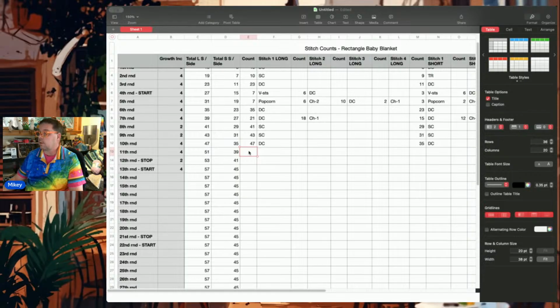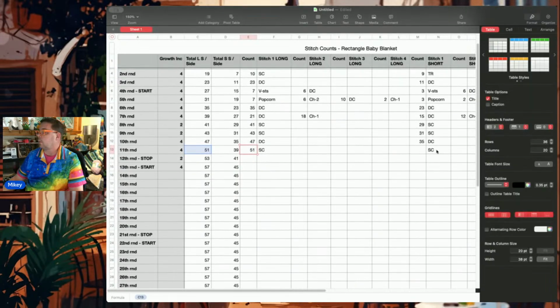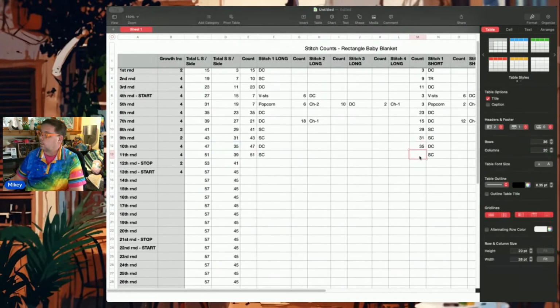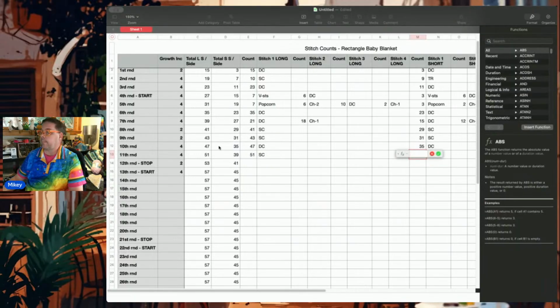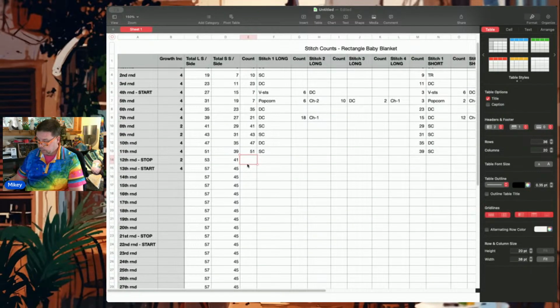So it's a single crochet round. Single, single, and we're going to equal that. And we're going to equal that. And the last round is back to